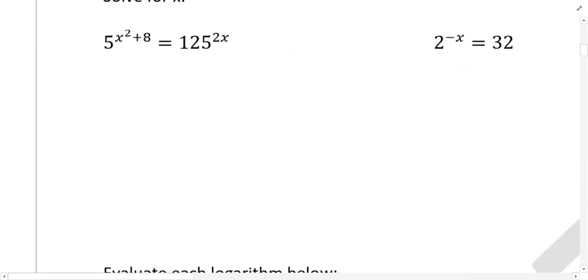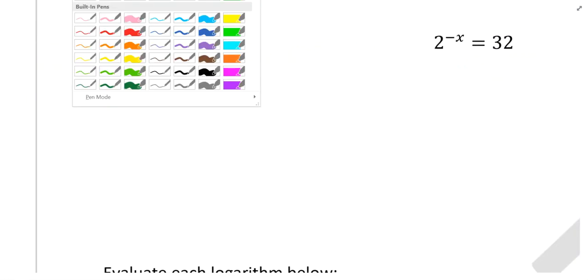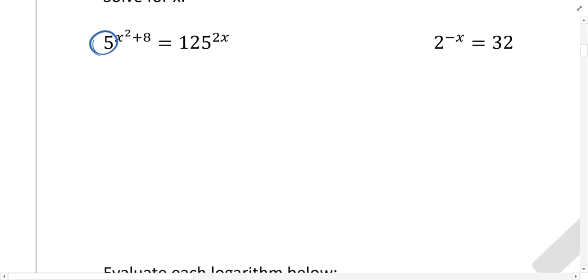In this first row, in these examples here, one thing you've got to keep in mind is that if it's possible to rewrite the base of these exponents as a common base or as the same base, then there are some easier techniques in finding the unknown variable without using a logarithm. For example, I know that 125 can actually be rewritten as the number 5 cubed. So if I rewrite 125 as the number 5 cubed, and I now envision that it's 5 cubed being raised to the 2x power,